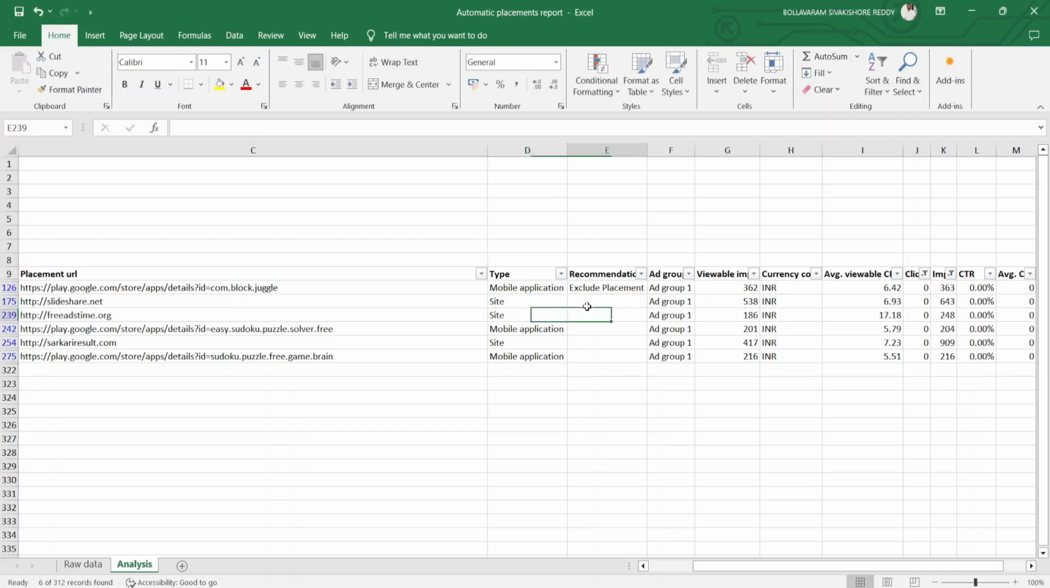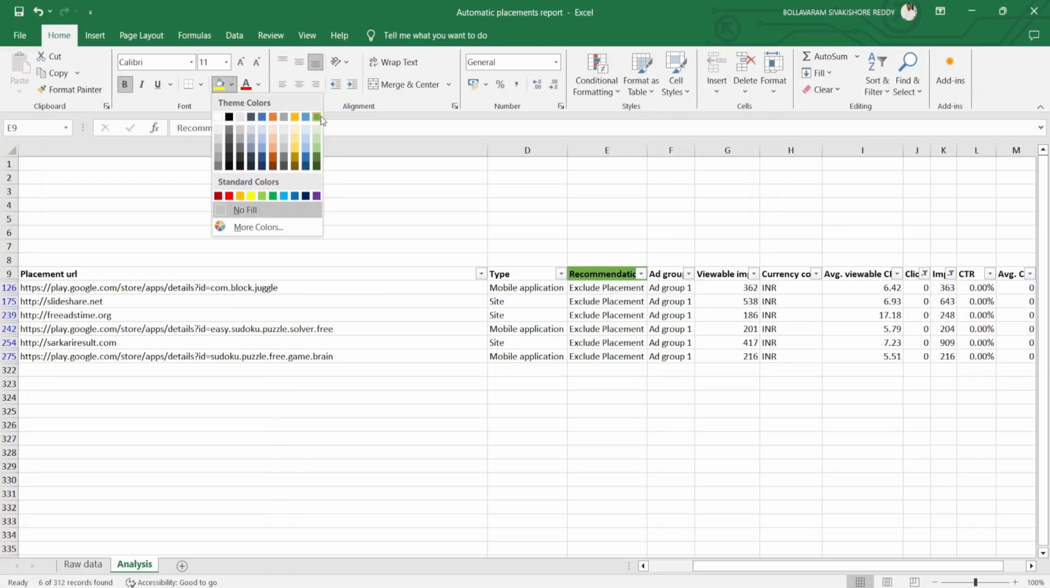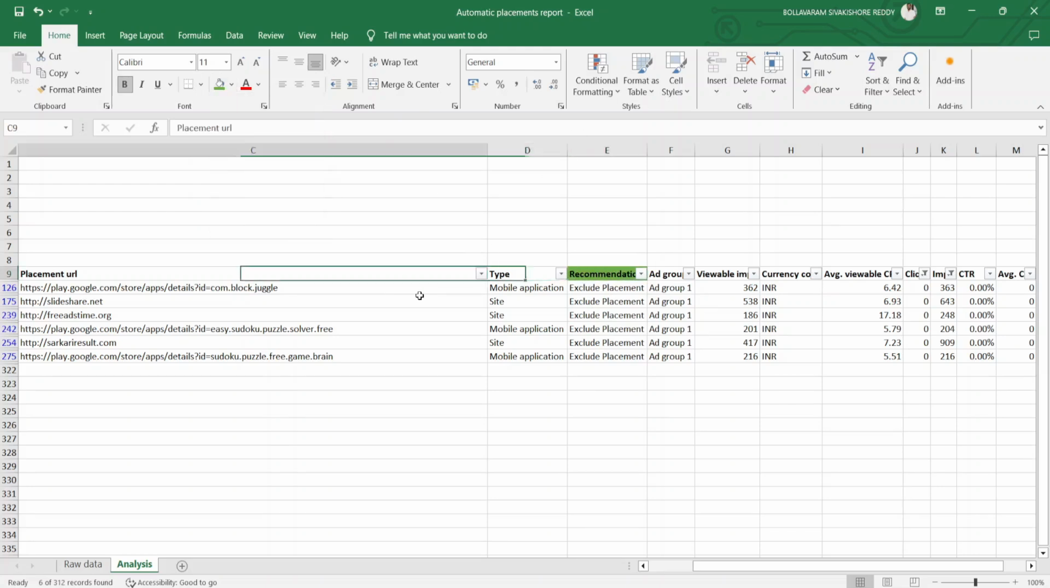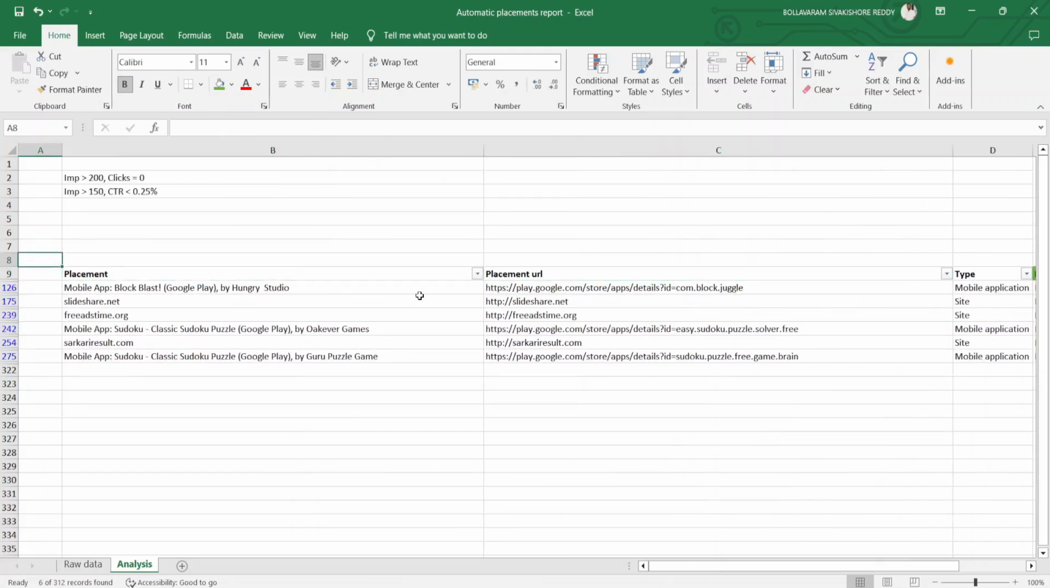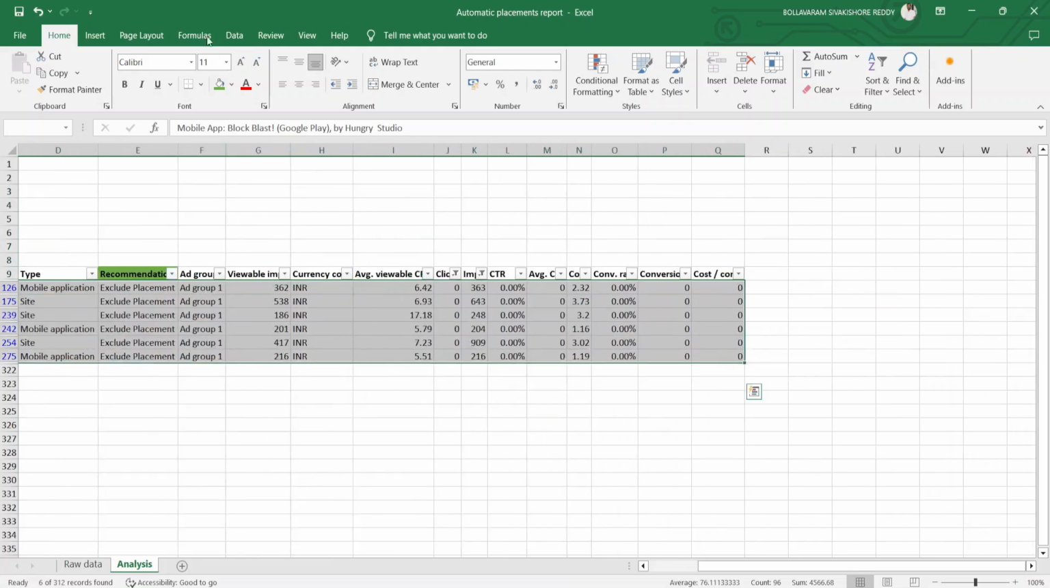Like this you can do the analysis, and just make sure that you highlight those columns, all those things. So this is how you can analyze the performance, and if you want, you can also go with the second criteria also. So this is the first one, right? So just highlighting it,